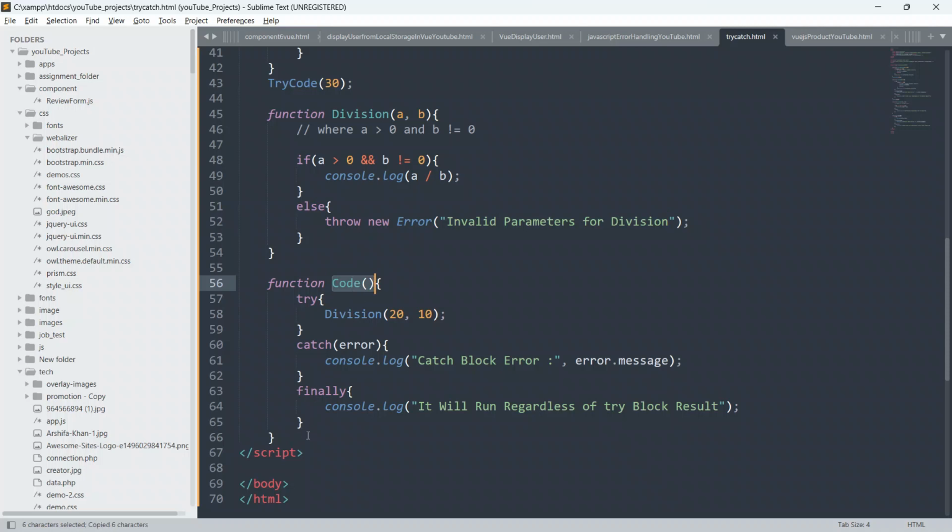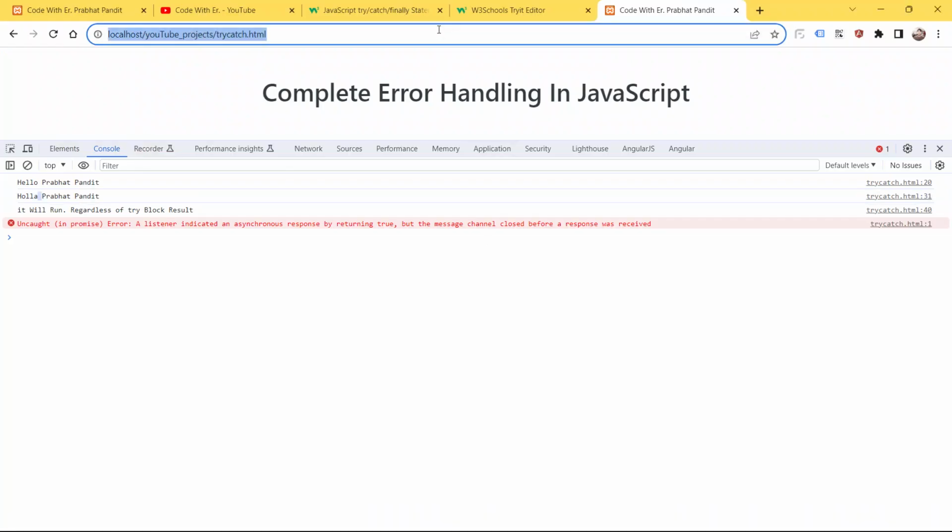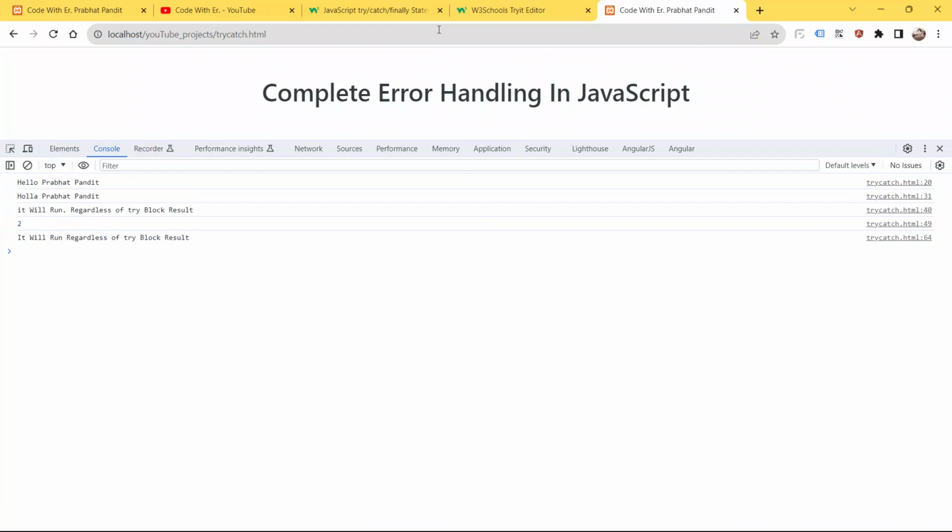So just below this, paste it here. Now everything is ready, so let's see. Save your code, go to the browser and refresh your page. As of now we are not getting any error, and it runs regardless of the try catch block.